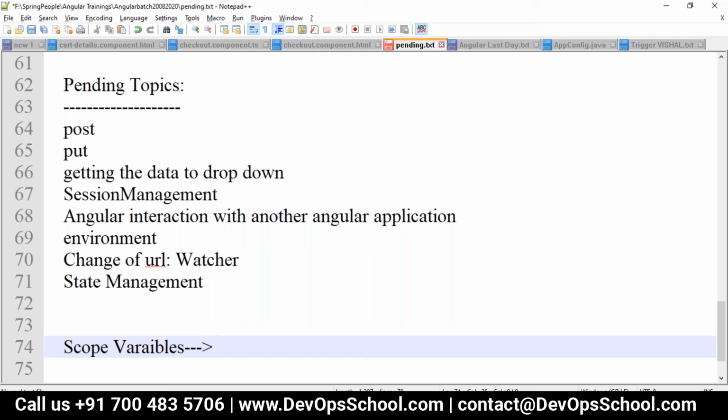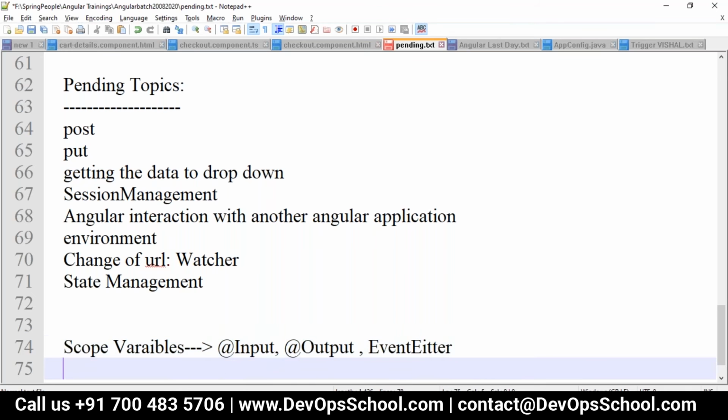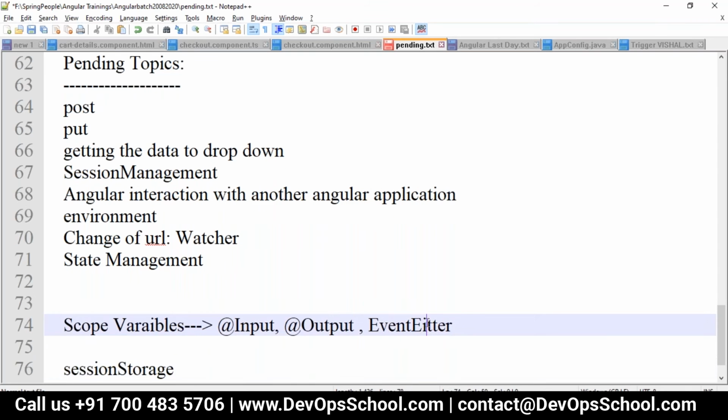As we go here, how will you make your component interaction? Basically we use component interaction with the input decorator, output decorator with event emitter. Yes, we have done one example on the radio buttons for this, right?